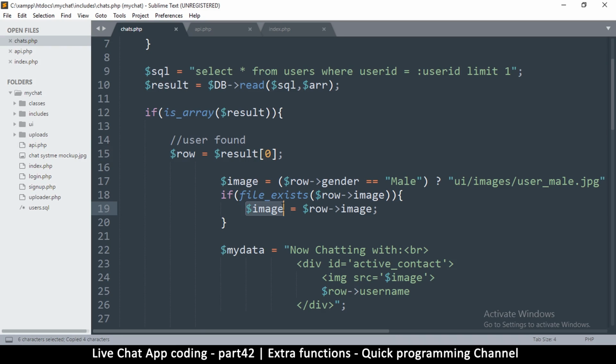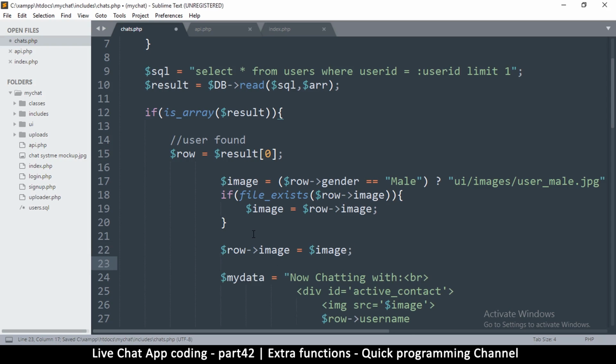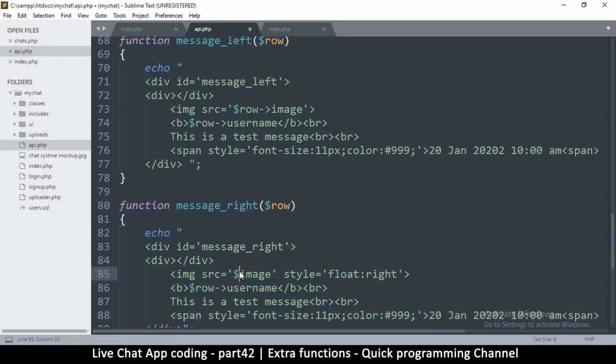So whatever the image is here, you can just say raw image is equal to image, like that, so that when we come back to API here, we can put raw image here instead. Same thing here, raw image,